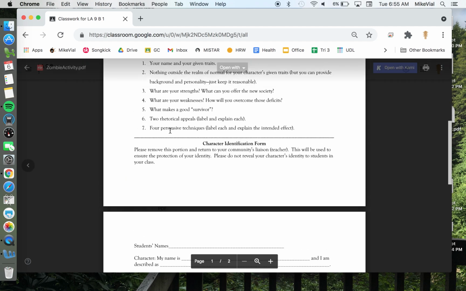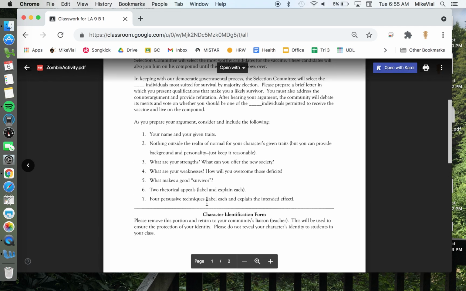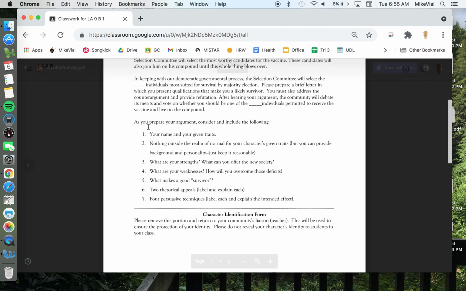Now, I want you to consider these 7 questions in the directions of this letter. A lot of students will find that organizing your letter, you will have an introduction describing who your character is. And consider how would you introduce yourself in a professional tone. We'll look at that in an example in a few minutes.